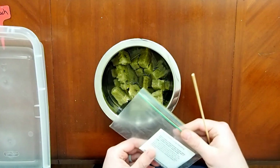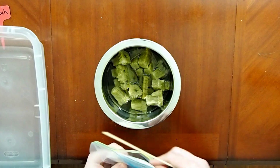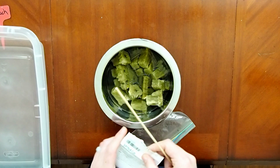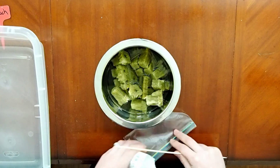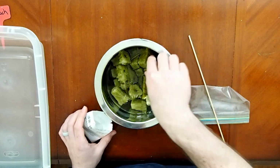So we're going to start with the spinach because that's going to free up the most space in here, and I think I'm probably going to have to put a couple more in here before I get to the rest of the plants. Now,